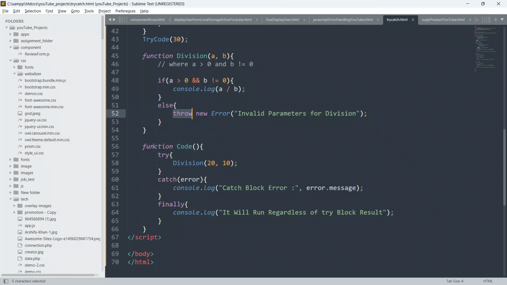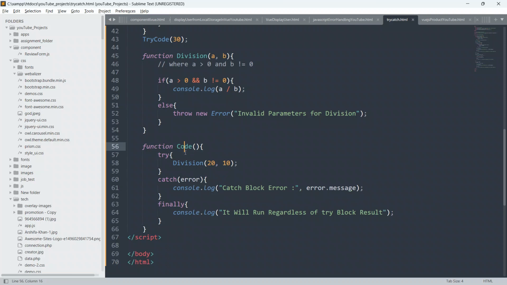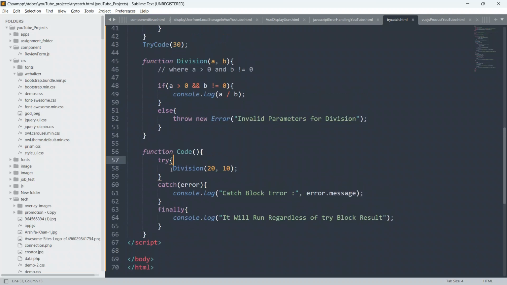Now I am creating another function named code, and in this try block I am trying this function. I already explained that in the try block we generally write the function or code which may throw an exception or an error. So in the code function I am using a try, catch, and finally block, and I am checking whether the division function is going to throw an error or not.